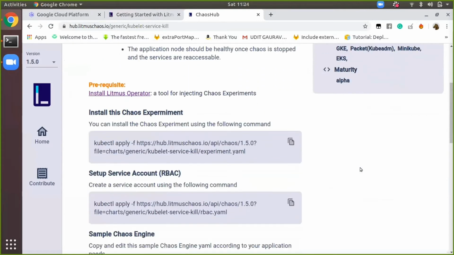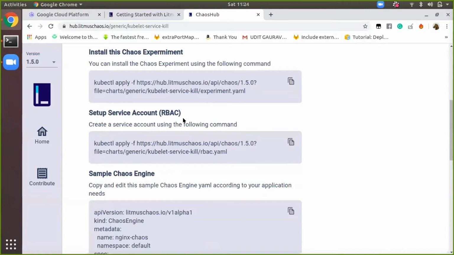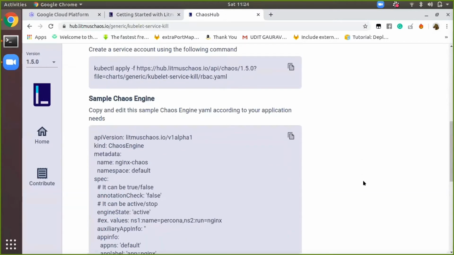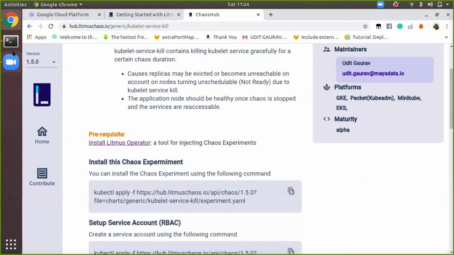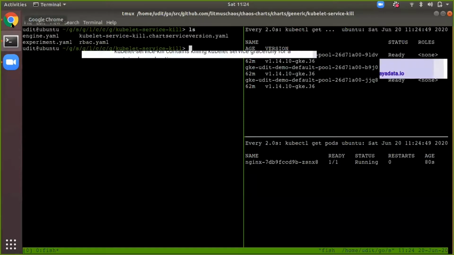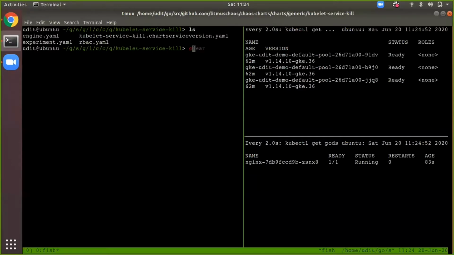We just need to install the chaos experiment and apply the RBAC, which will give all the service account permissions for the experiment. It is actually a minimal set of permissions which is required to run the experiment, and the chaos engine. I already have this here. I'm not copying it from the manifest, but we can do that also.